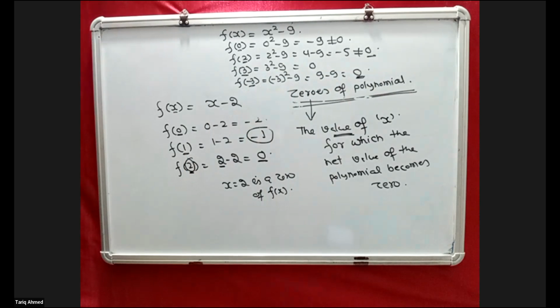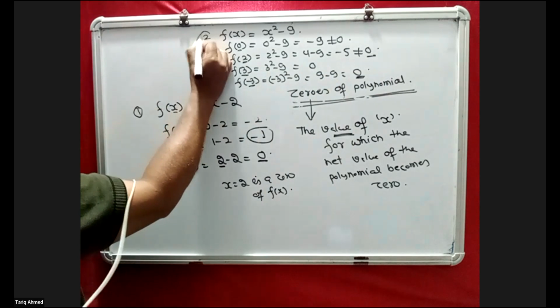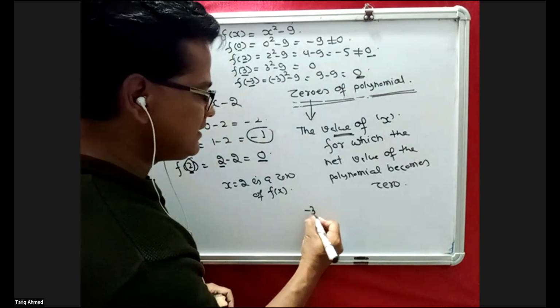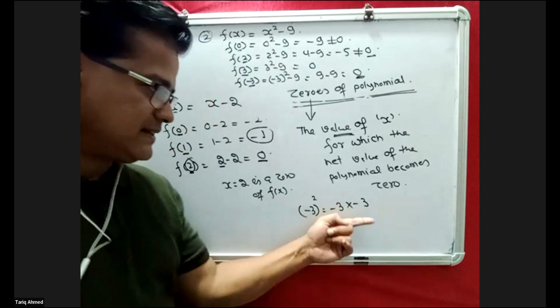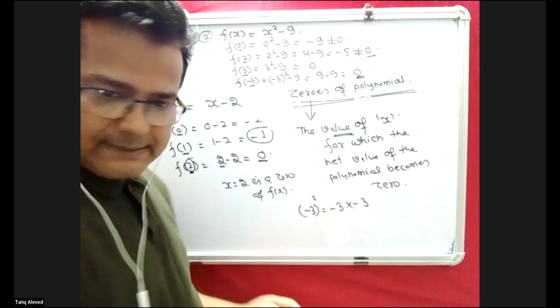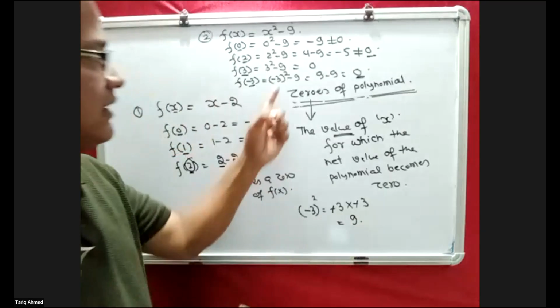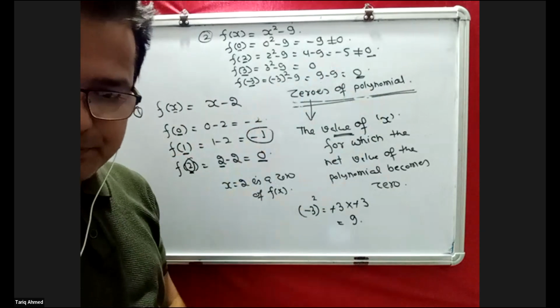Fine. Now see, two examples I gave. Sir, minus 3 square is minus 9, right? No. Minus 3 square means minus 3 into minus 3. This is the meaning of minus 3 square. Correct? Yes. Then minus minus will become plus. 3 3s are 9. So we will get 9 here. Okay. So 9 minus 9, the result would be 0.